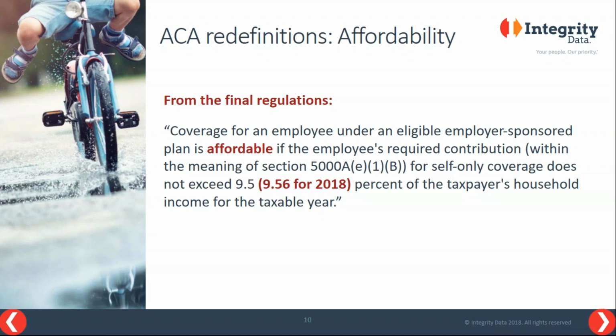Notice that it ties affordability to the employee's household income for the taxable year, as reported on their individual tax return. Of course, employees do not give you their 1040s to make this determination, so you as their employer cannot use that information to determine affordability. Therefore, the law has provided a means of establishing safe harbors. This allows the employer to determine what is affordable based on the information they do have, their employees' compensation. Using those safe harbors to determine affordability is critical in minimizing penalty risk if you have lower wage workers.